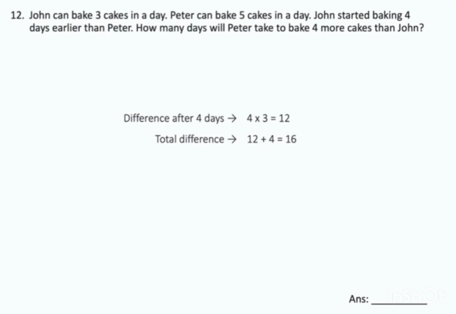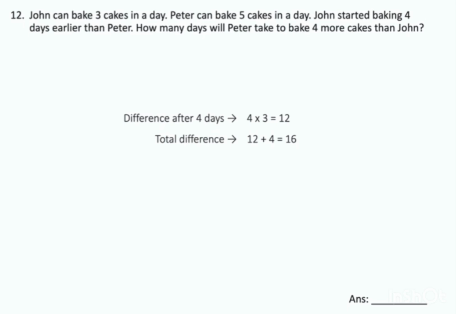Okay? In order for Peter to bake 4 more than John, Peter first needs to bake extra 12. But that's not good enough, because when he bakes extra 12, he only equals John. To be 4 more, he needs to bake another 4 more on top of the extra 12. Altogether, Peter needs to bake 16 more cupcakes than John. Okay? Now, in order to achieve 16 more cupcakes than John, how many days will